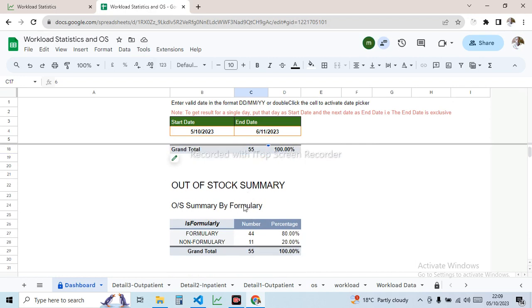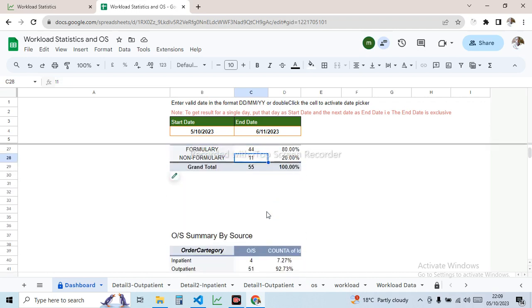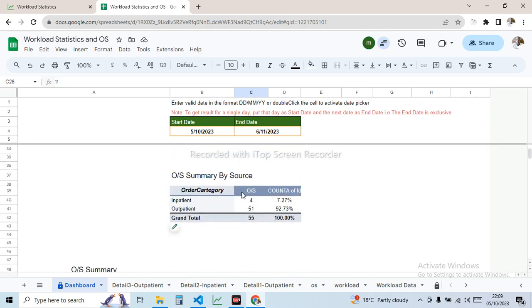Then the out of stock is also segregated in terms of formulary and non-formulary. So out of all the requests that you've had, 44 of them are for formulary and 11 are for non-formulary. Yeah, so it separates the out of stock between inpatient and outpatient. There have been 51 outpatient out of stock and 4 inpatient out of stock, leading to a total of 55